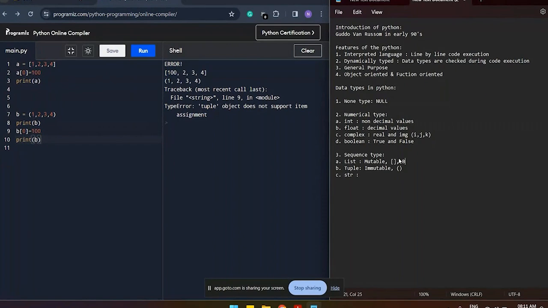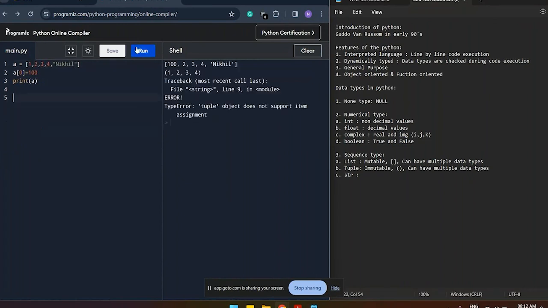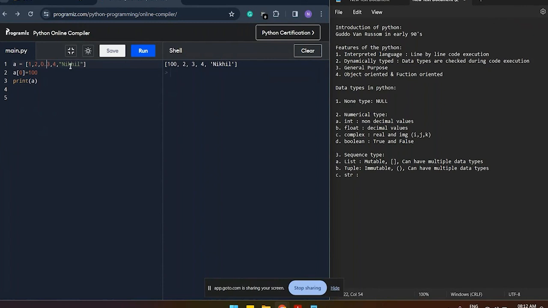Third, both can have multiple types of data. Just like if we have string data, like my name, or float values, we can have them all in one list, right?